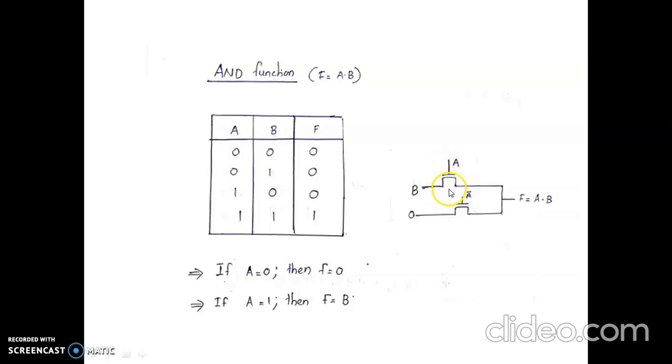How to do the PTL? Here we are taking two conditions, A is equal to 0 and A is equal to 1. Then see the output. Here A is equal to 0, then the output is 0. That's the same as A, either 0 or A. Then next, if A is equal to 1, then output F is the same as B. So right here F is equal to B.